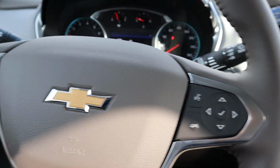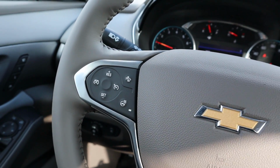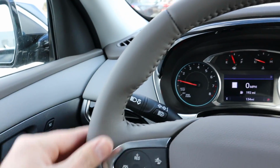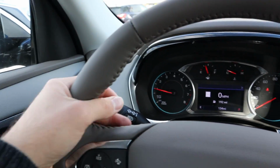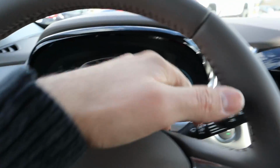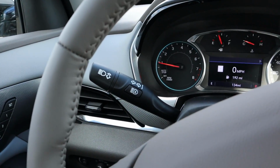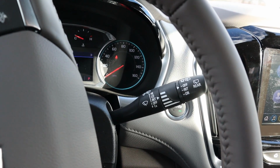Voice commands, phone controls. Heated steering wheel is actually over on this side, which I'm going to turn off. That's your collision assistance, cruise control on the other side. Interesting color choice for the steering wheel, but it actually matches the interior. The steering wheel itself feels really nice. There are radio controls on the back of the steering wheel. It's kind of like little rocker panels. Light control over there, also for your turn signal,